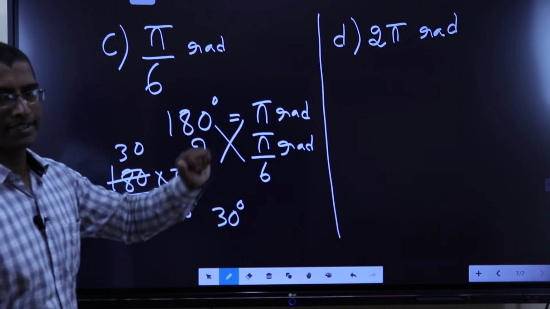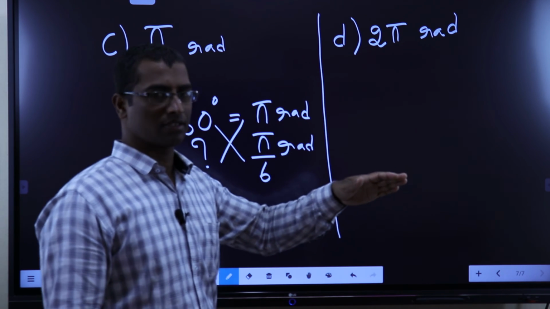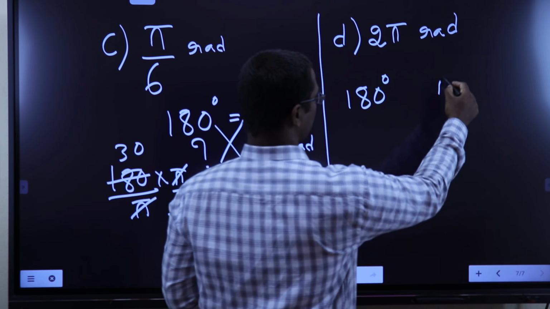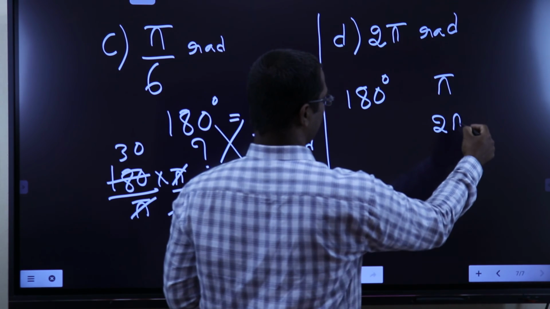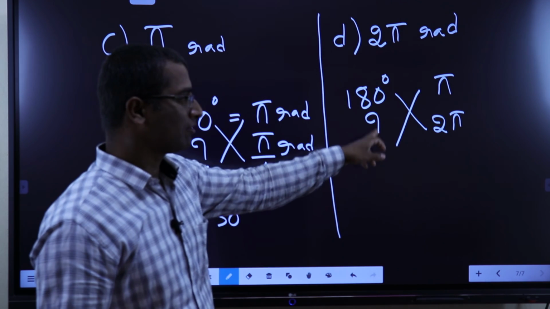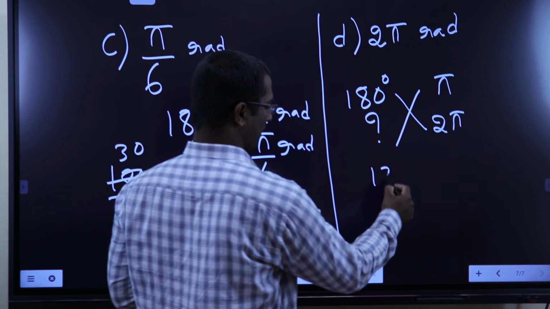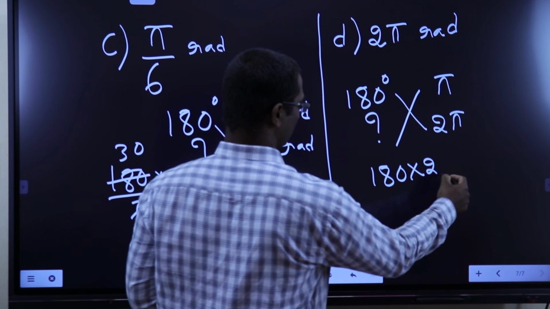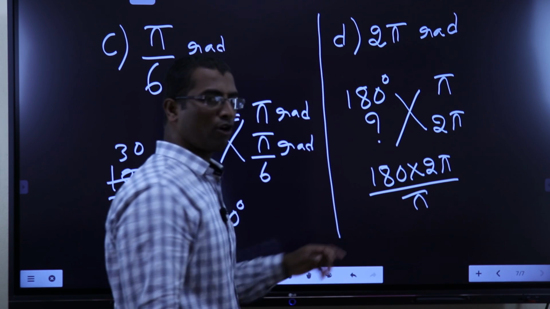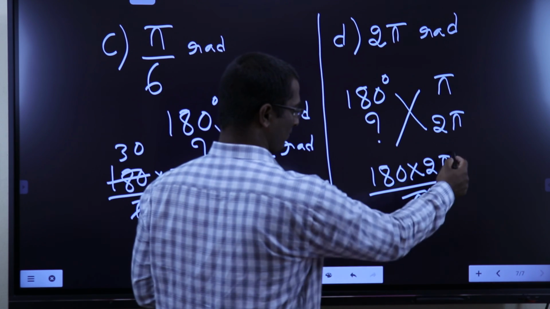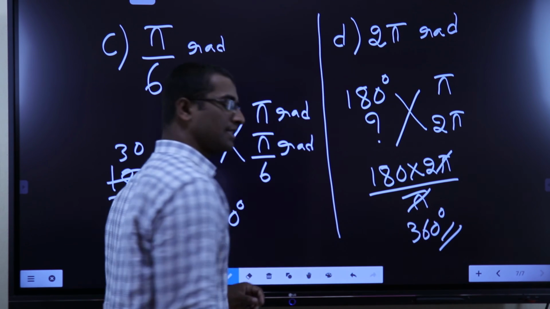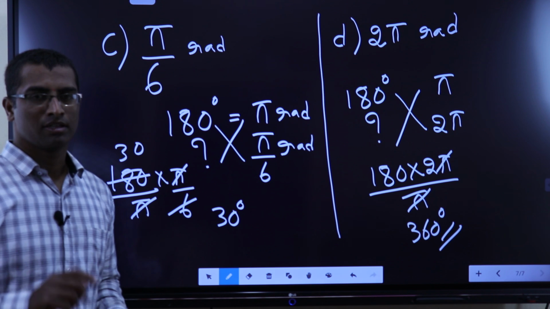Okay. Another example, 2 pi radians is how many degrees? Write the first line again, that is 180 degrees is nothing but pi radians, so 2 pi radians, how many degrees? Okay, I cannot multiply the question mark, so I multiply the other side, that is 180 into 2 pi. Whatever is left out, you write it below. Now what gets cancelled is pi. So 180 into 2 is 360. So 2 pi radians is nothing but 360 degrees. Okay.